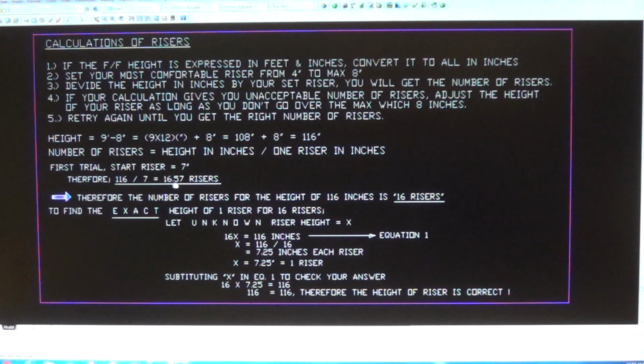But there is a 0.57 that looks like another riser, like half a riser at least. So we don't know the exact riser to fit this floor-to-floor height. Therefore, the number of risers for the height of 116 inches is 16 risers. We know that we can fit 16 risers there. And yeah, let's go for it. 16 risers. So to find the exact height of one riser for 16 risers,